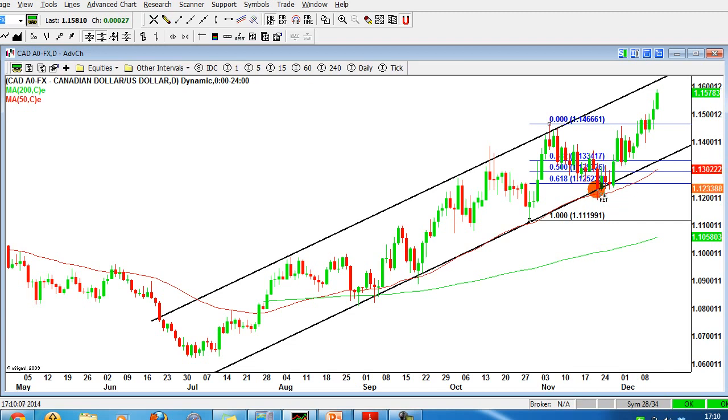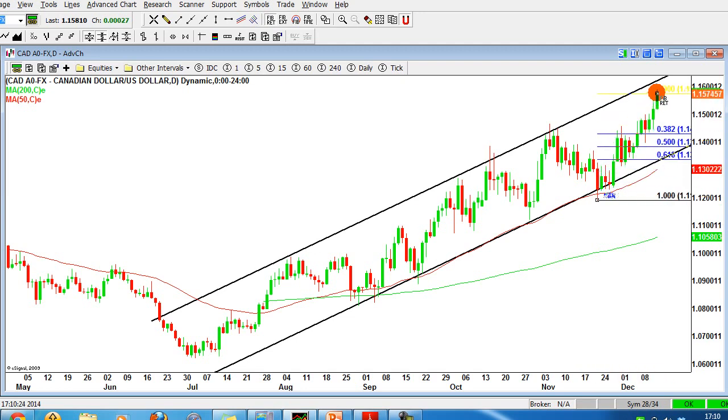So not only do we get an efficient entry because it's come back down to the 61.8, we're also buying off strong key levels of support which have been respected many times in the past. So looking at it now, it looks very, very interesting because we created this brand new high. So I can put my Fibonacci on and be as proactive as possible. So I'm going to go from A point to B point,